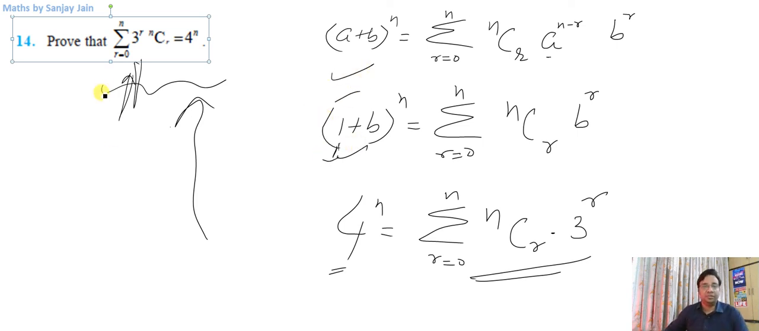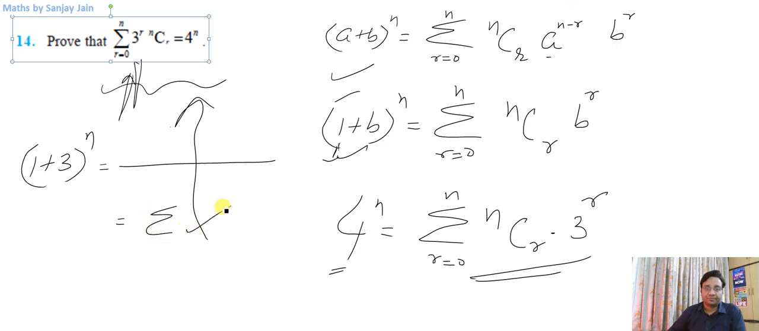This is a simple question. They shouldn't have given it in the end. This is just a very elementary question. It should have been given in the examples itself. So you can take the right hand side like this, 1 plus 3 raised to power n, and then write the expansion, and then finally you can write it in sigma form. This is one of the